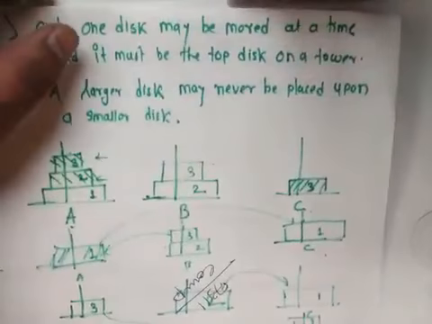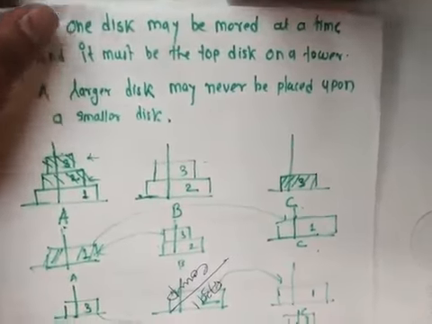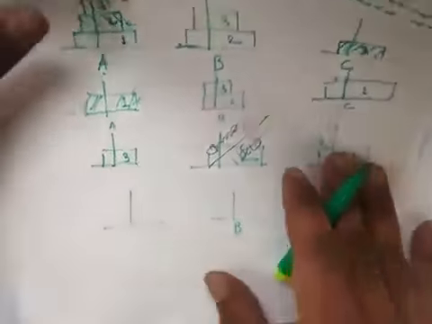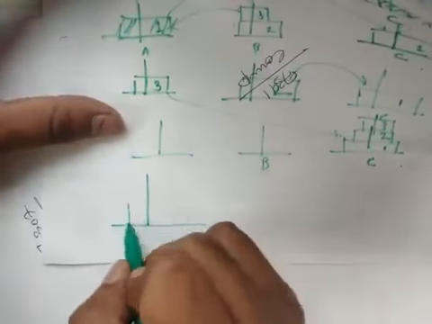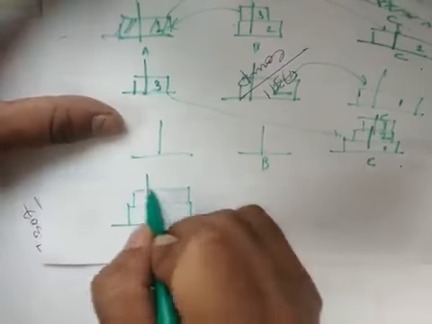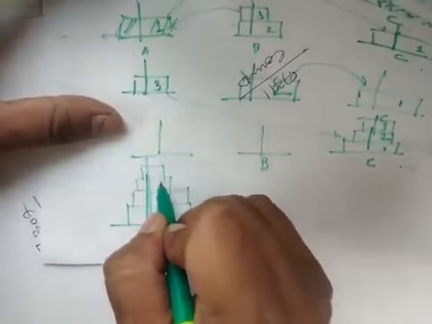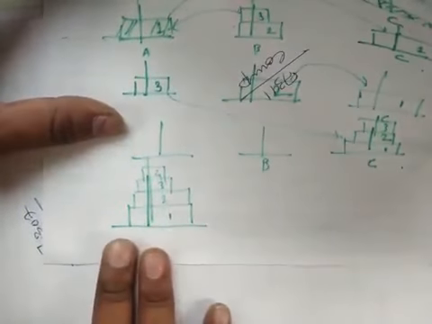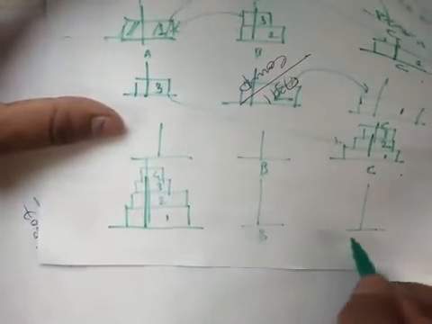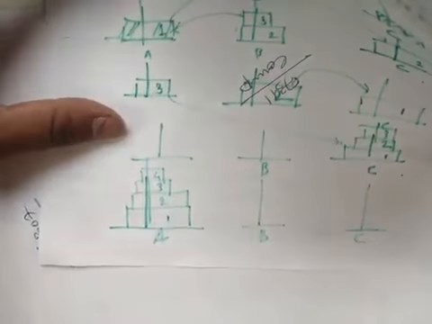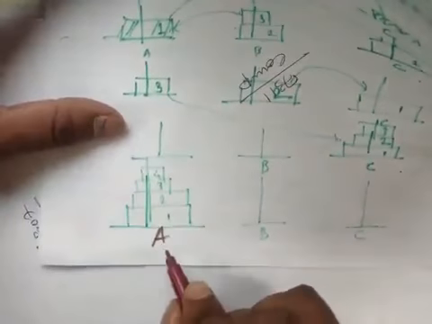So this is another application of stack, Tower of Hanoi. As homework, what are you going to do? We are going to move disk number 1, disk number 2, disk number 3 and disk number 4. So 1, 2, 3, 4. Now we have 4 disks and 3 pegs. And what are we going to do? We are going to move all the disks from peg A to peg C.